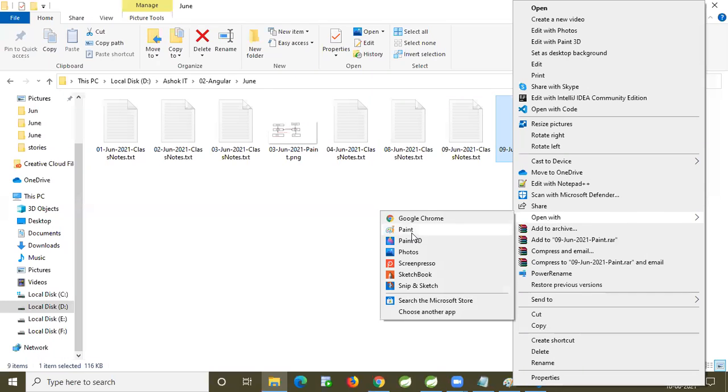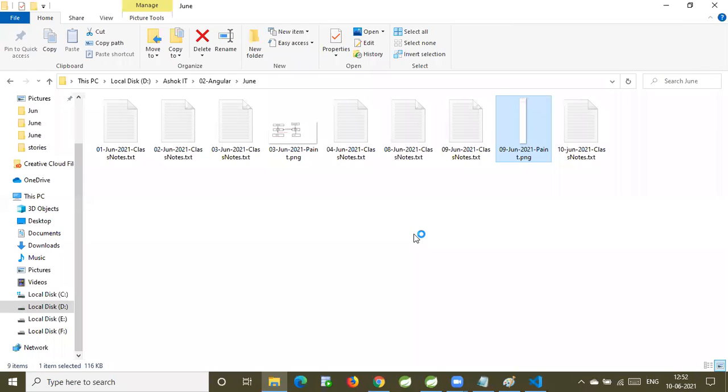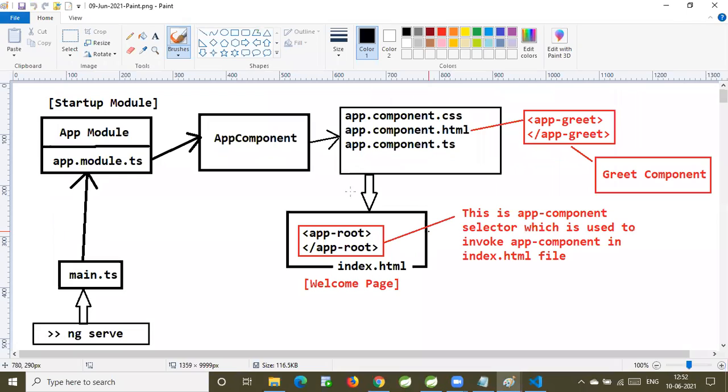Can you see yesterday's diagram? Ashwini, check it. In yesterday's session, I explained the execution flow. ng serve, main.ts file will load, main.ts will load the app module, the app module will load the app component, which has a selector. That selector we are invoking in the index.html. When the selector is invoked, the component will be invoked.